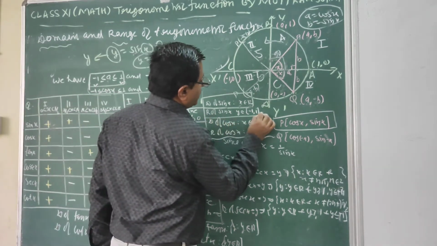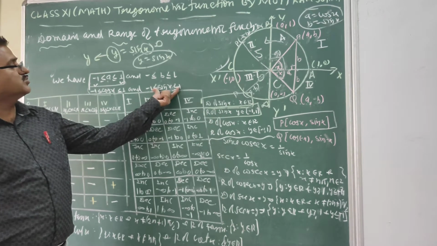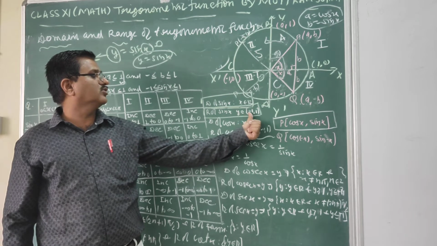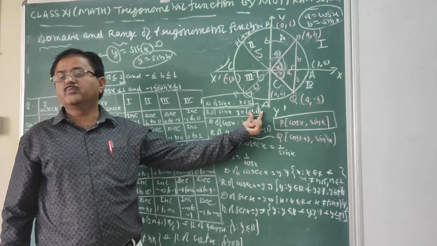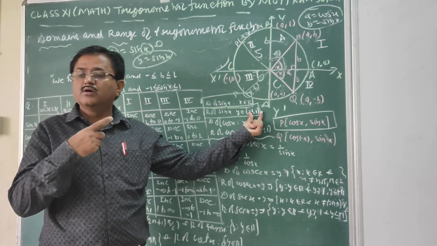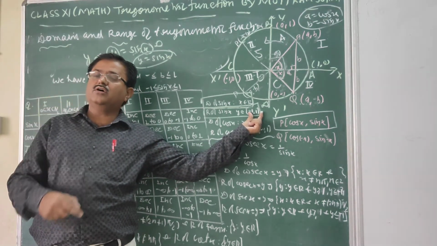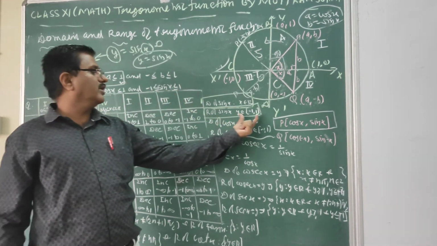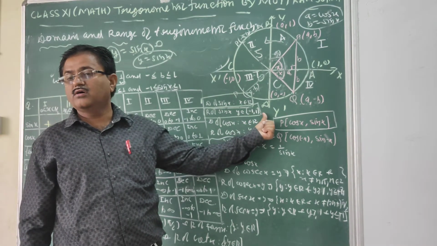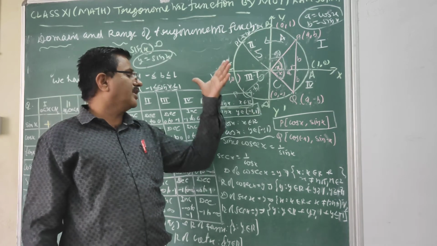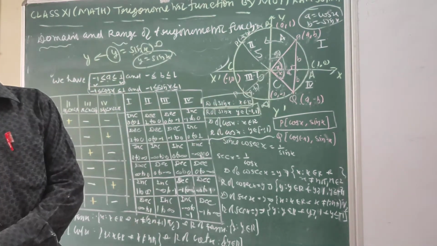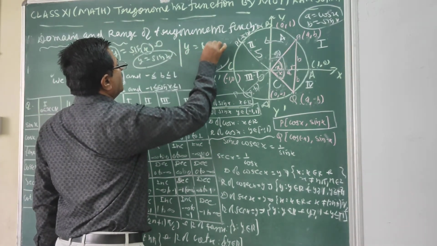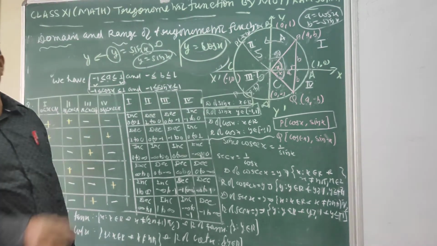Here I have already written it. You can write it in this way, or with the interval notation we have already seen in the second chapter: y belongs to the closed interval -1 to 1. It means y is greater than or equal to -1, but less than or equal to 1. Both have the same meaning. Either you can write it in this form or as the closed interval -1 to +1. This is clear. So this is the range. So we found the range and domain of sin x. Now suppose you want to find the range and domain of cos x. So cos x is also similar.